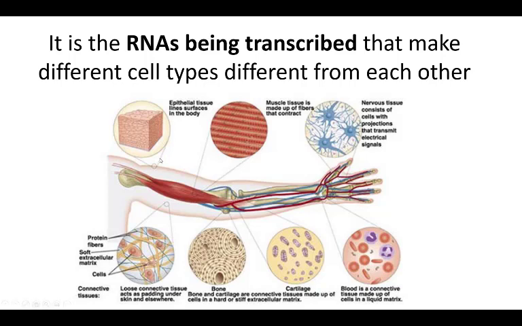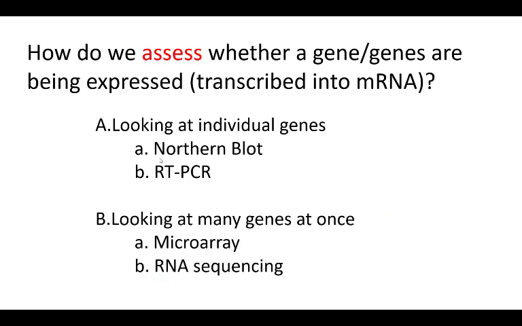And the basis of the difference between the different types of cells in our body, with vastly different functions, is really which genes are being used within those cells. And so which genes are being transcribed into RNAs and translated into proteins. So we'd like to talk about how we assess whether a particular gene or genes are being transcribed into